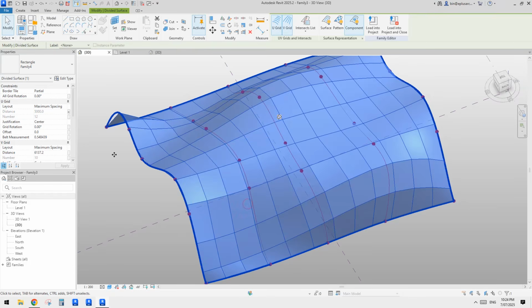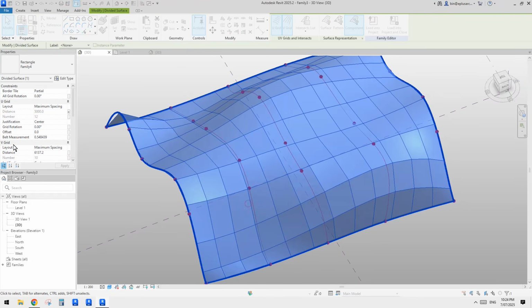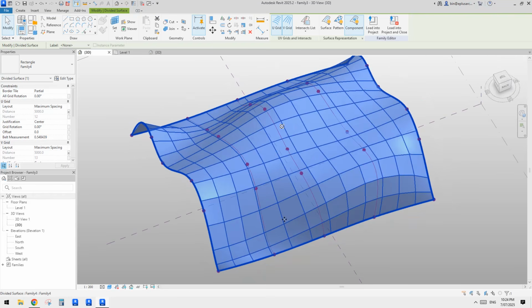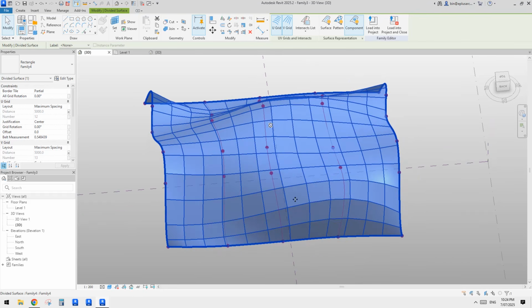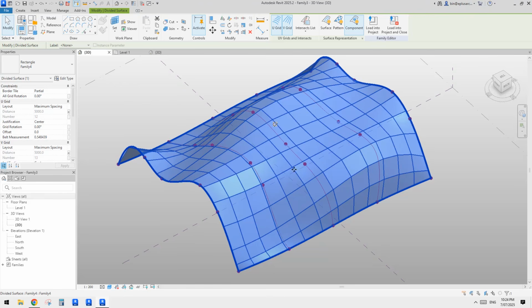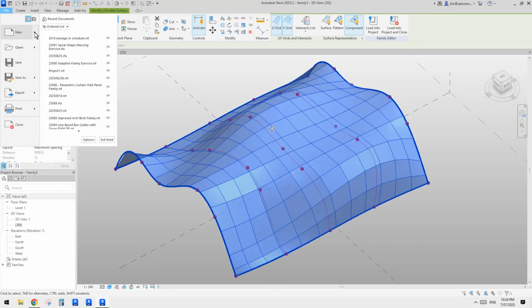Okay, and then use the same spacing parameter for that V grid as well. So basically I want to use roughly a square shape, not a rectangular one. So that's all. And then the next step is we need to load this one into a project,